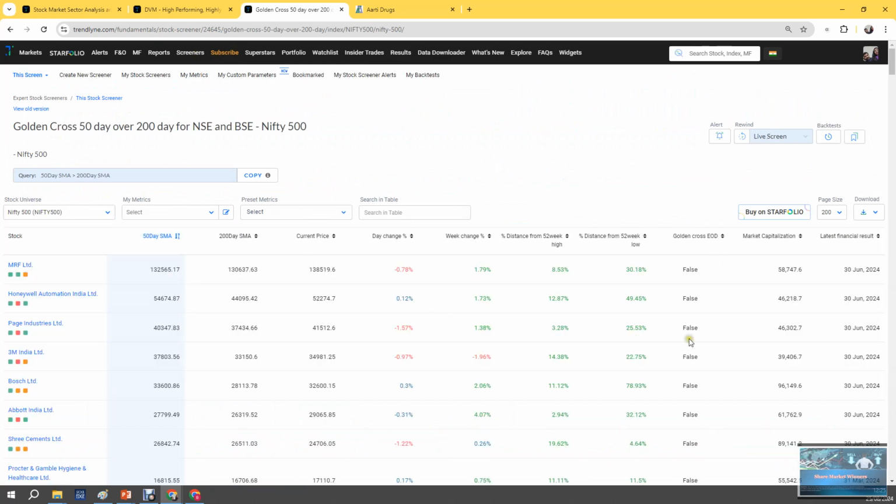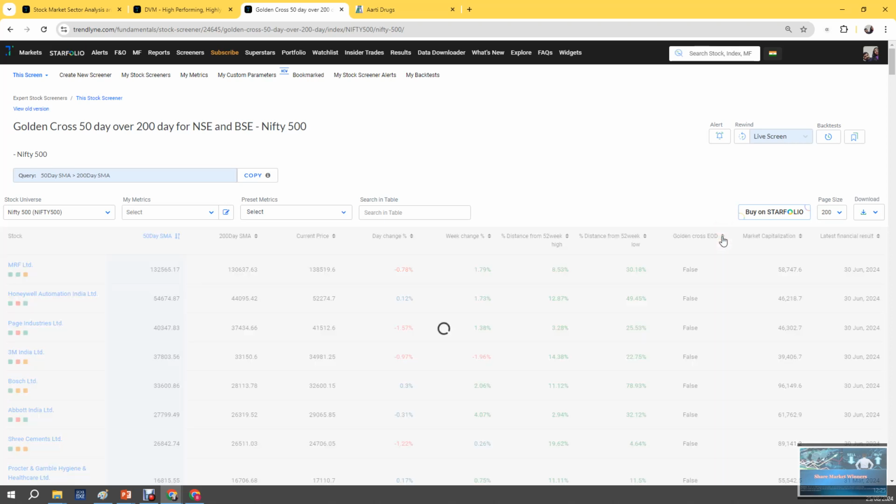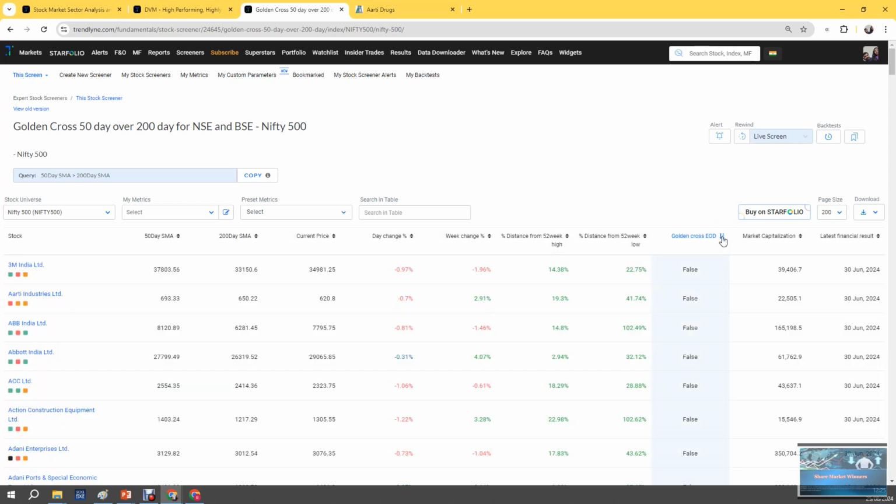So wherever crossover happens, you will get a golden crossover end of day report. In that, if you click on that, you will get whether it is true or false. Based on that, any true means, then further we can analyze and find out whether that stock has a crossover happened or not. That we have to manually go and put it in TradingView and see whether that crossover happened or not. Okay,